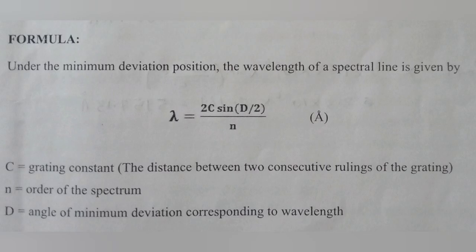And basically the point here is that you will be placing the grating at the minimum deviation angle, and you will be taking readings of the spectral lines' positions at minimum deviation angle, and then you'll also be taking readings for direct readings. So you have to find the position R0, which is the direct reading, and R, which is the minimum deviation reading, and the difference between those two is what will be used to find the capital D in the formula.